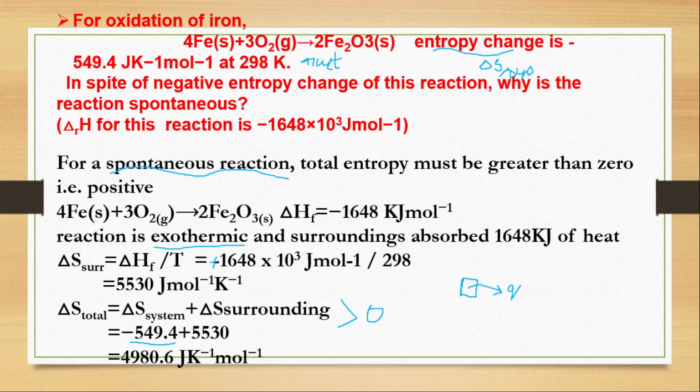But how much heat is converted into useful work, the second law doesn't give us any idea about that. It only says that some amount of heat is utilized as work, but what amount of heat is utilized, or what amount of useful work is done by the system, it doesn't explain. These two are the limitations of